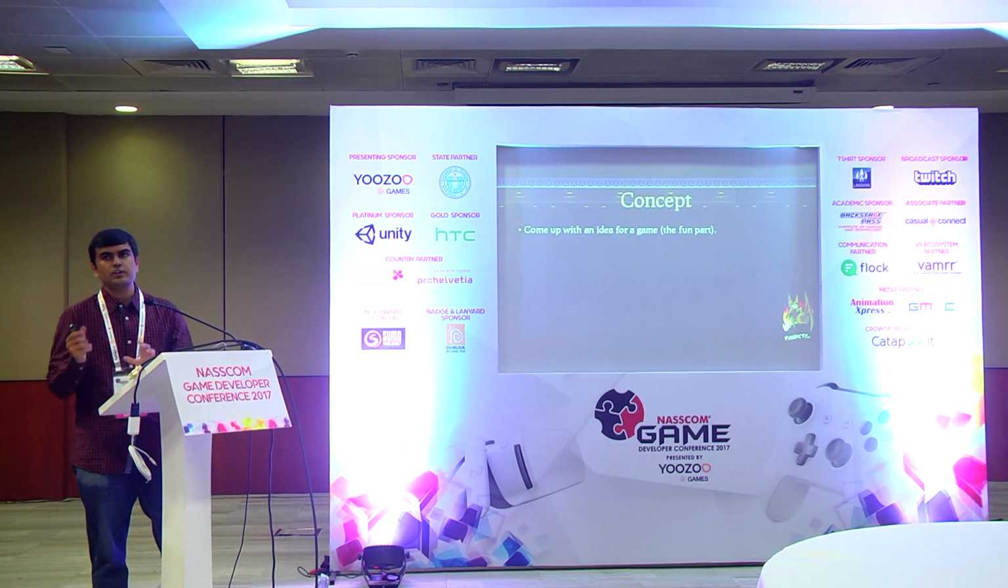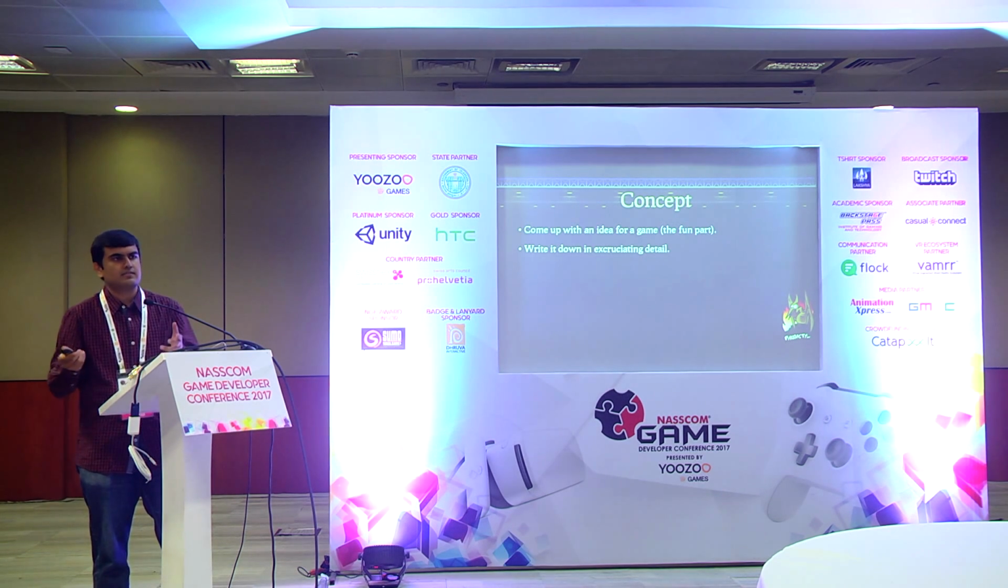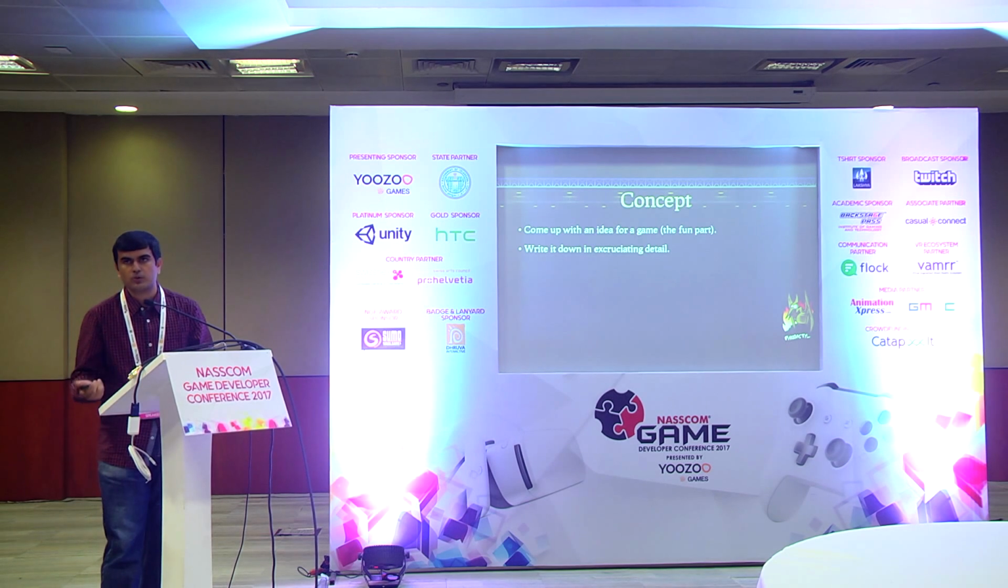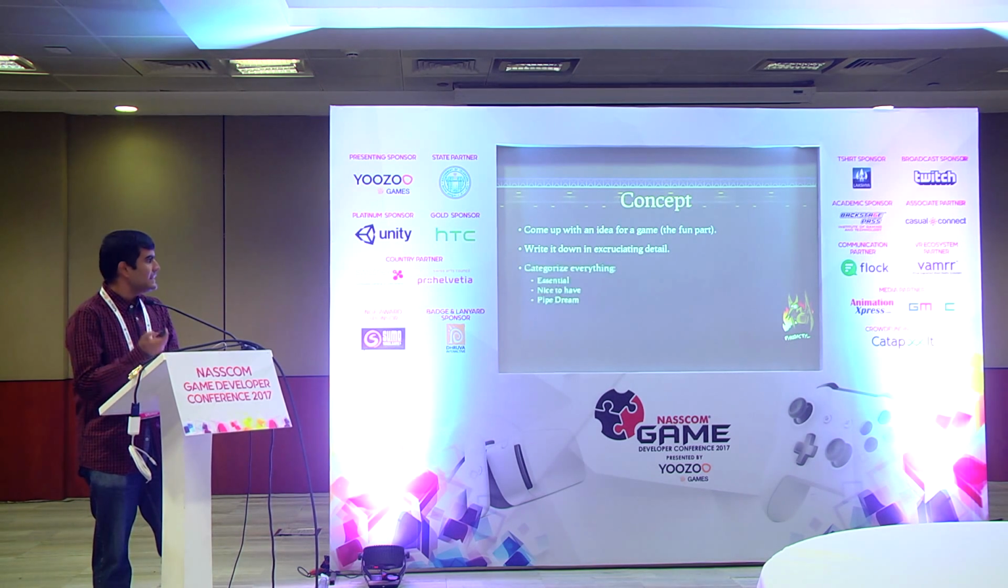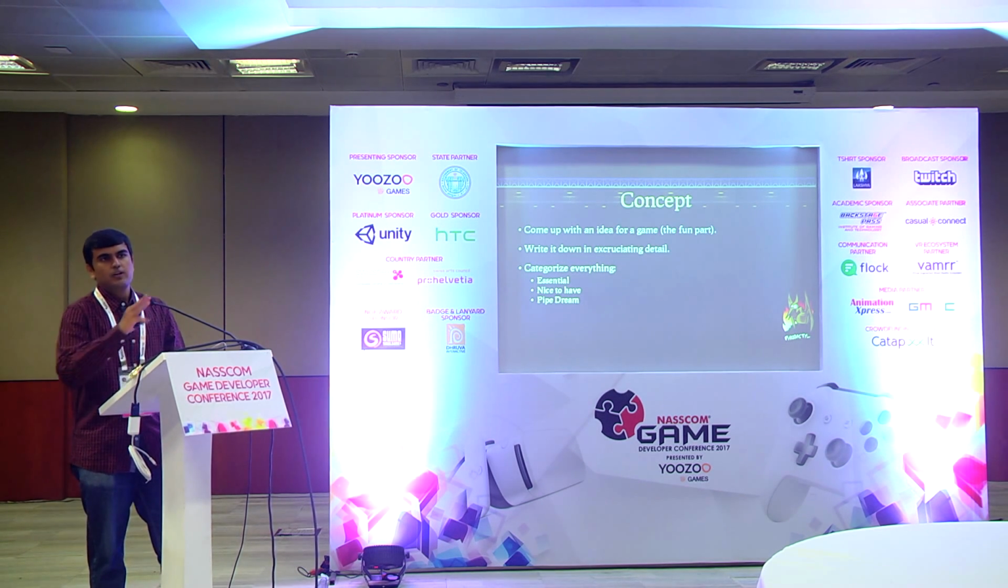Now, one thing we can do in this phase is to first write it down in excruciating detail. Instead of just saying, okay, I want to make an RTS that's set in the future, let's break down how many civilizations are going to be in that RTS. What types of gameplay are we looking at, right? What mechanics are we going to explore in that game, right? And then we divide everything into 3 parts. Very simple. You divide these features into essential, nice to have,